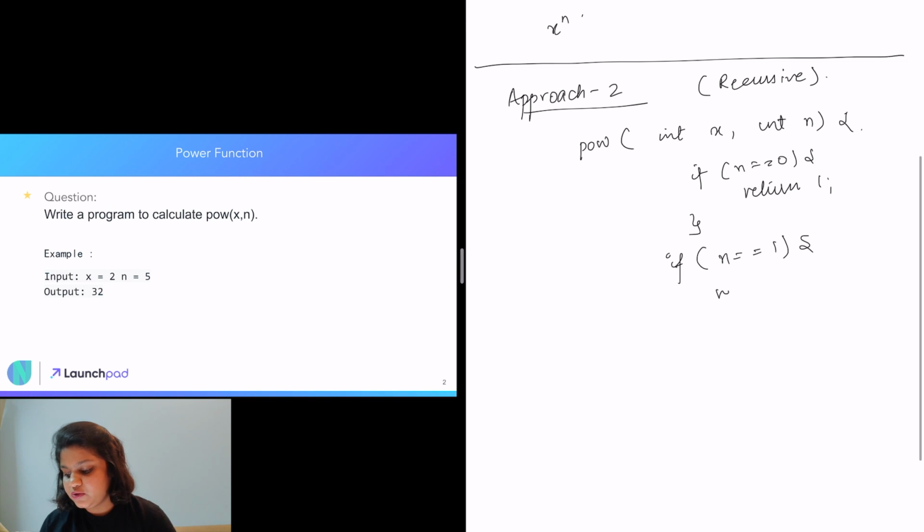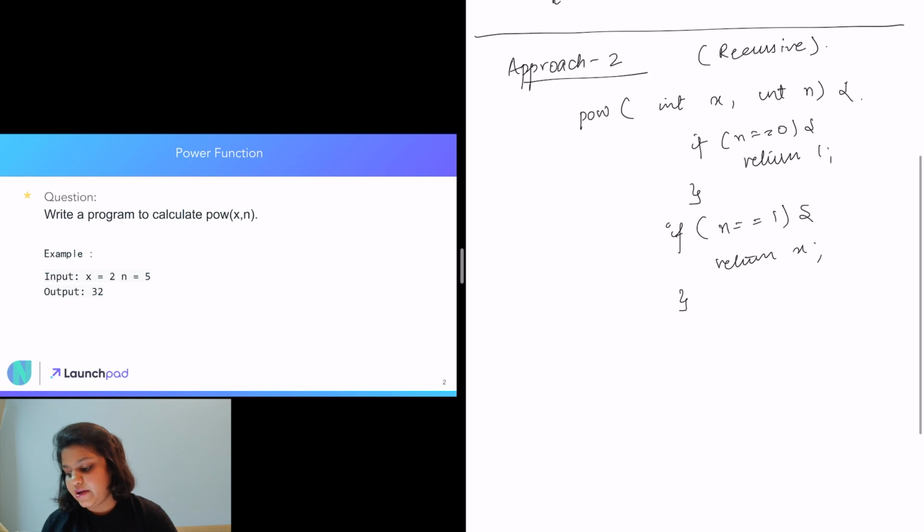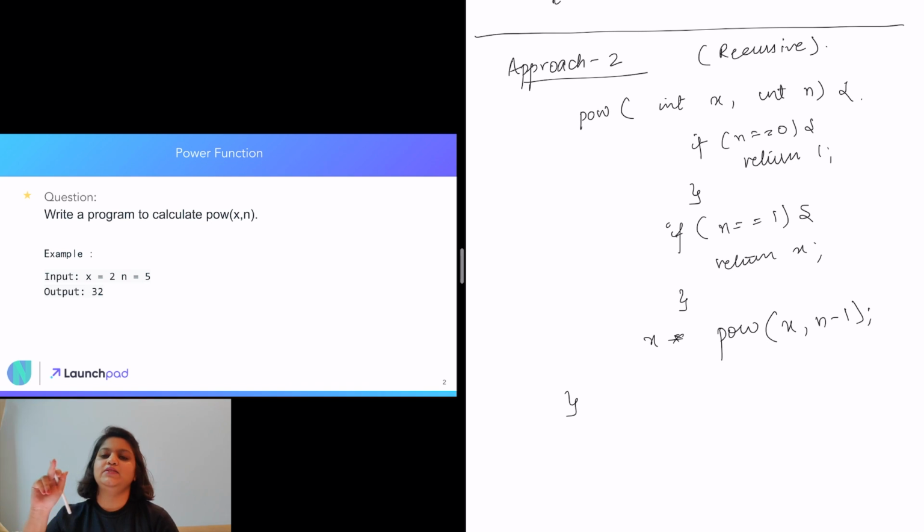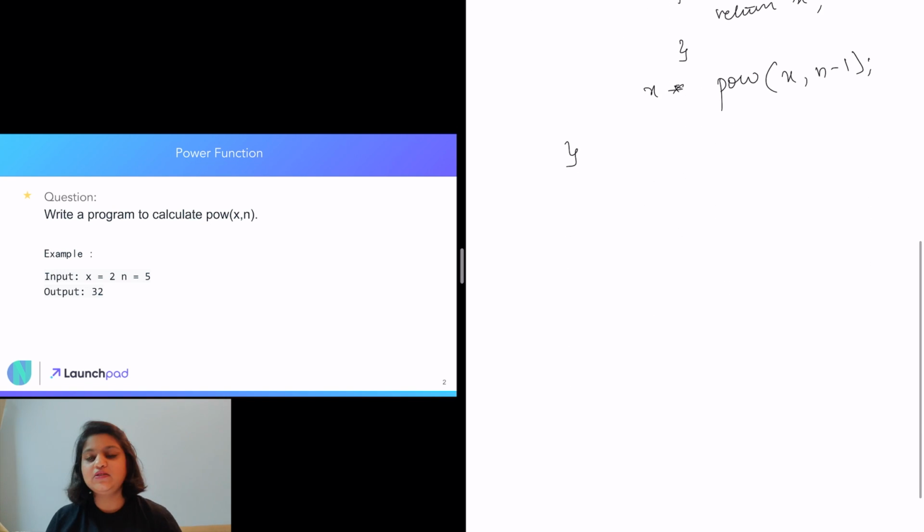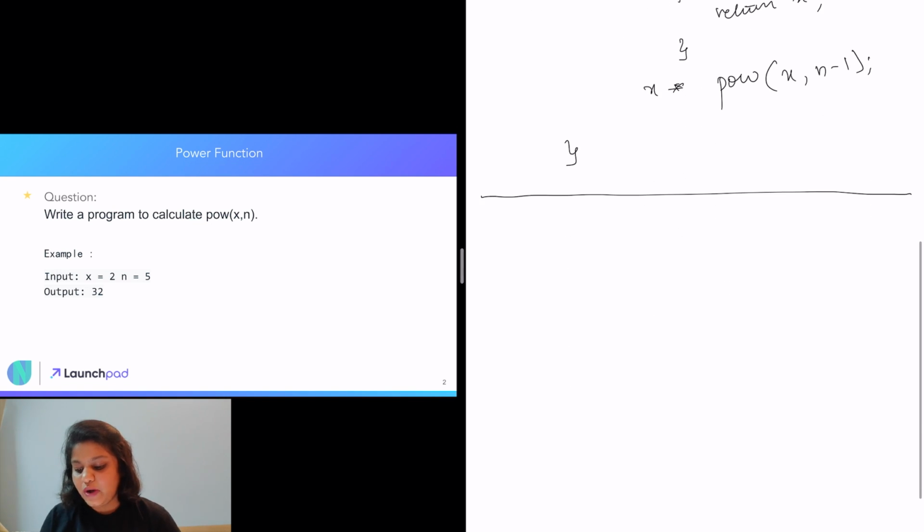And if n equals 1, we return x. For all other cases we return x into power of x comma n minus 1. So basically it is x into x to the power n minus 1, how we do it in maths, right? These are the two approaches that we can do. Both will work linearly, in order of n.